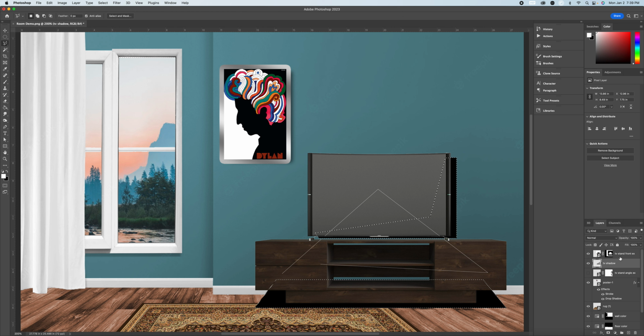But the most important step that you have to make sure to do is deselect. Command or Control D to get rid of the dotted lines. If you don't get rid of the dotted lines, you're going to have a very sharp, unrealistic shadow. But if you get rid of the lines, now we can go up to